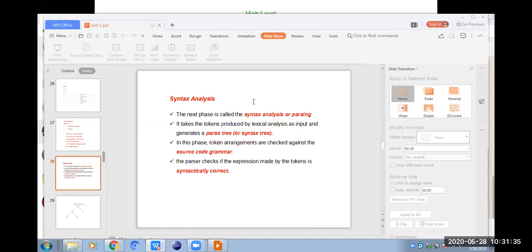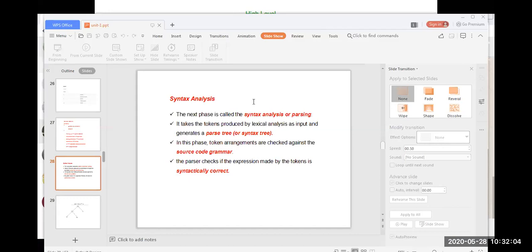We will learn completely about the syntax tree when we go to the unit on syntax analysis. Here we will see briefly how the syntax tree will look. When we go to that unit, we will completely learn what the syntax tree is and how it is constructed. For the present, remember that the syntax analysis will take the tokens or lexemes from the lexical analysis, and for those tokens it will construct a tree called a syntax tree or parse tree.